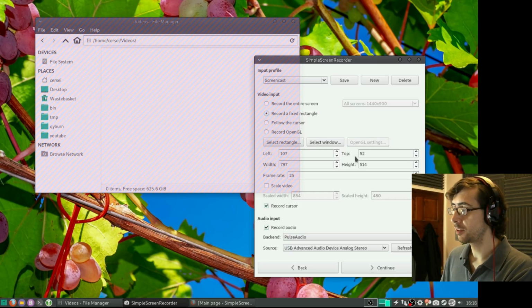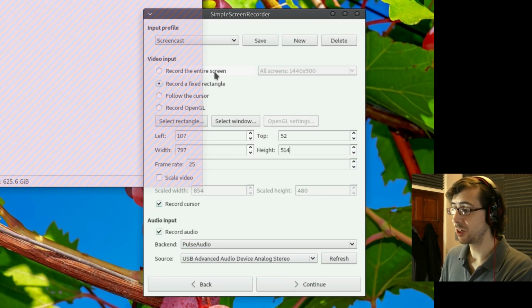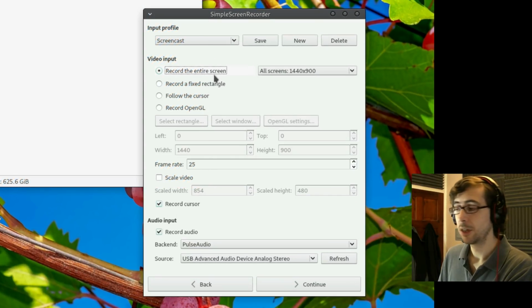And of course, just select one of the numerical values here to see where exactly, or what parts of your screen, are being recorded. But for the rest of this demonstration, we'll just record the entire screen because why not? Okay, so